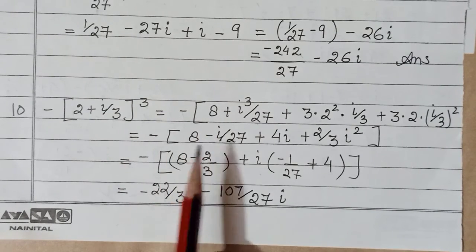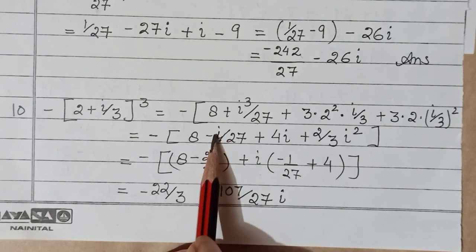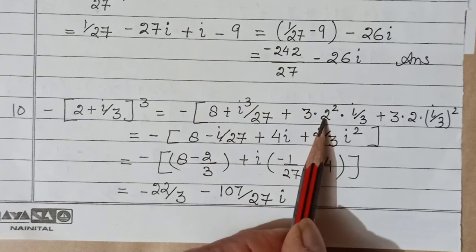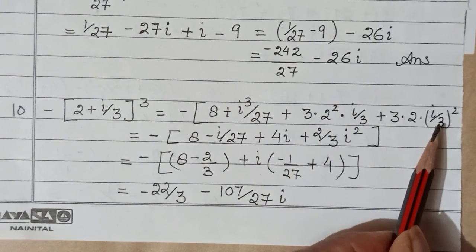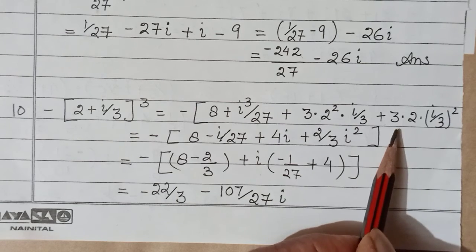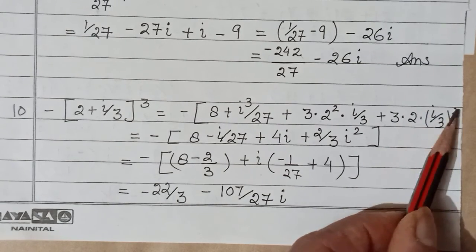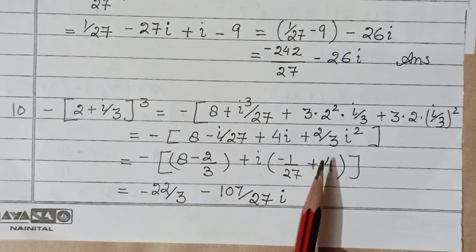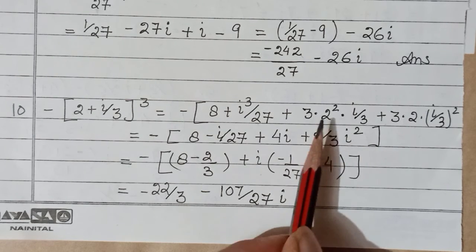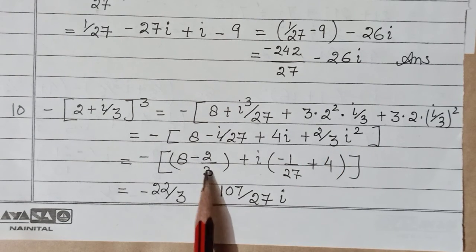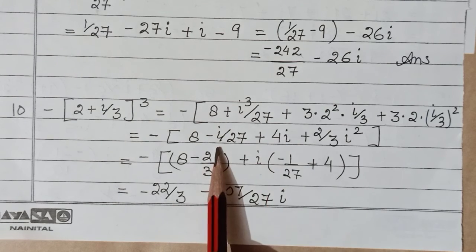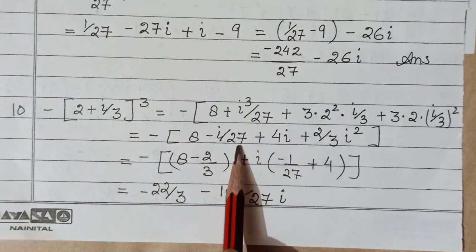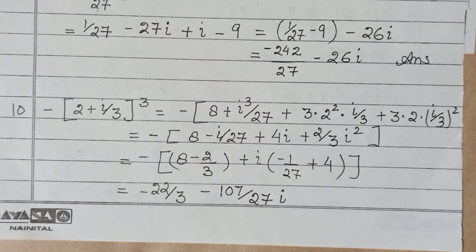Simplifying, that was 8 already. This becomes minus i upon 27. This becomes 3 and 3 again cancel to give you 4i left here. And here your 3 square, so one of the 3s is getting cancelled. So 2 upon 3 and i square is left. i square again will be replaced by minus 1. So this came into the real part, your minus 2 by 3 and with 8 which gives you minus 22 by 3, and i is collected together. So 4 into 27 minus 1. That's your answer.